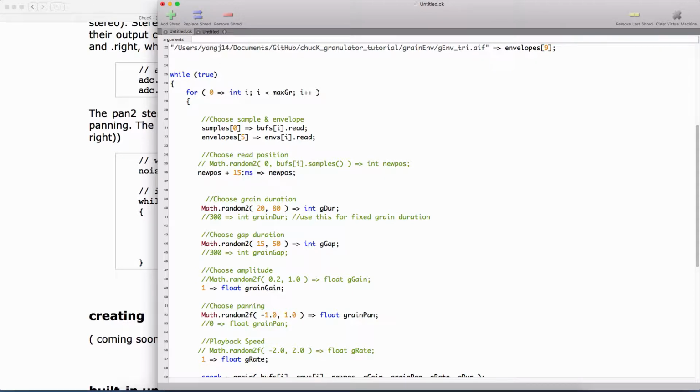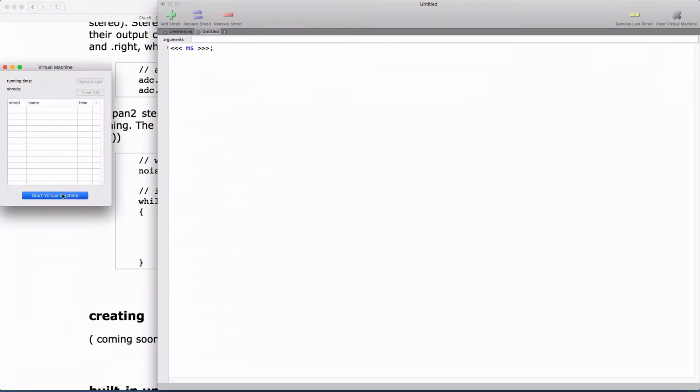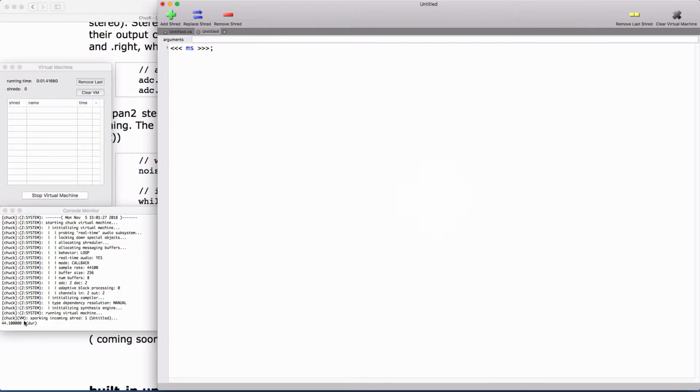Okay, so we're actually not going to do it that way, because this is an integer, so we have to convert it. First, we're going to convert it to a float. Now ChucK is a little interesting this way. If I print out ms, that's going to be the number of samples in 1 millisecond. If I just do that, start my virtual machine, and add my shred,